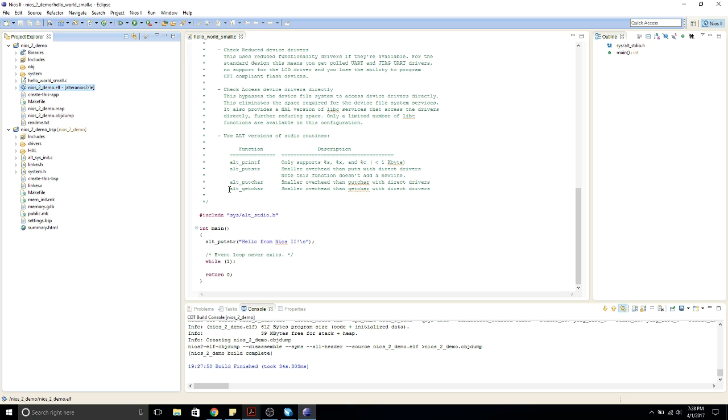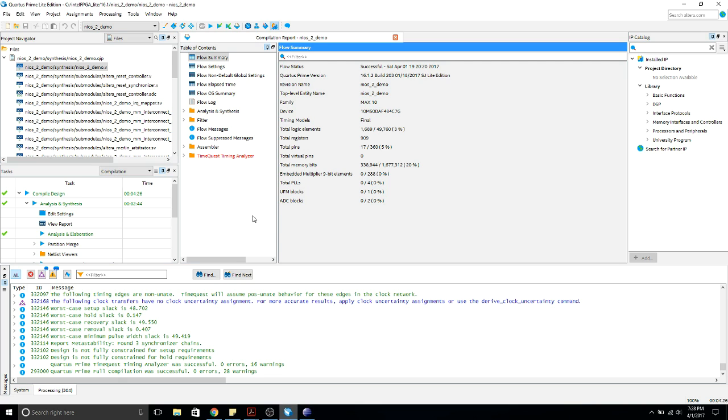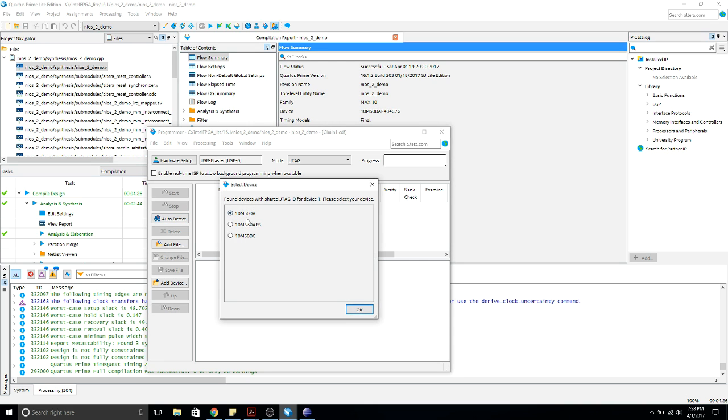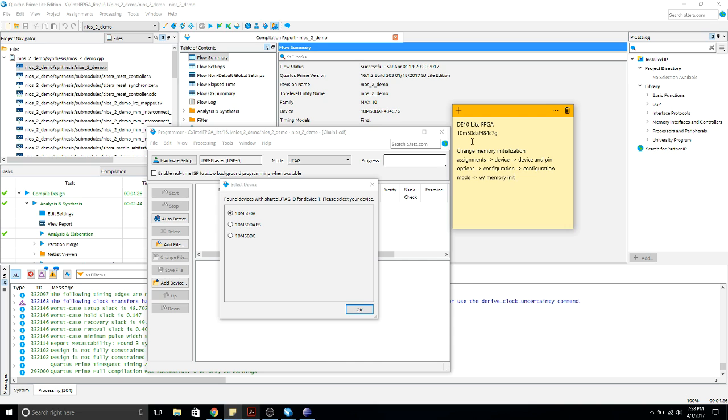So now that we have both our hardware and our software compiled and ready, we can start programming. So first, you program the hardware. You can open up, here's our programmer icon. It's auto detect, and we are running, as you can see from my little sticky note, the DA. So you just hit that,